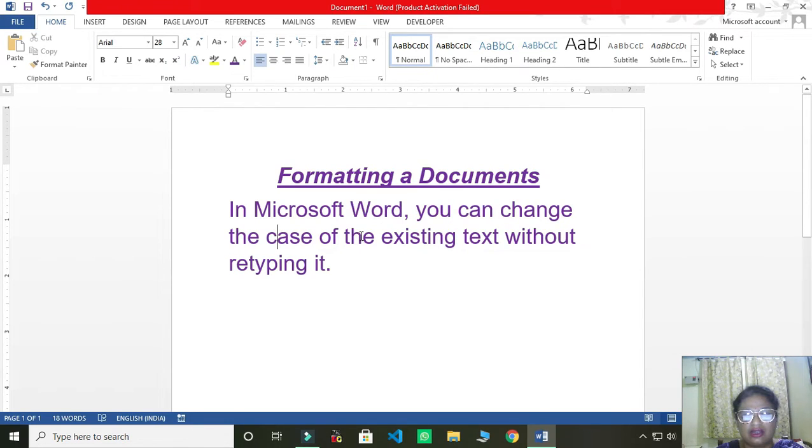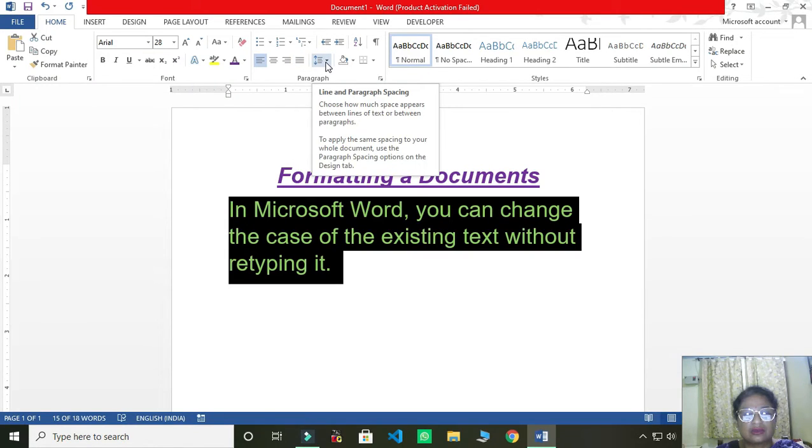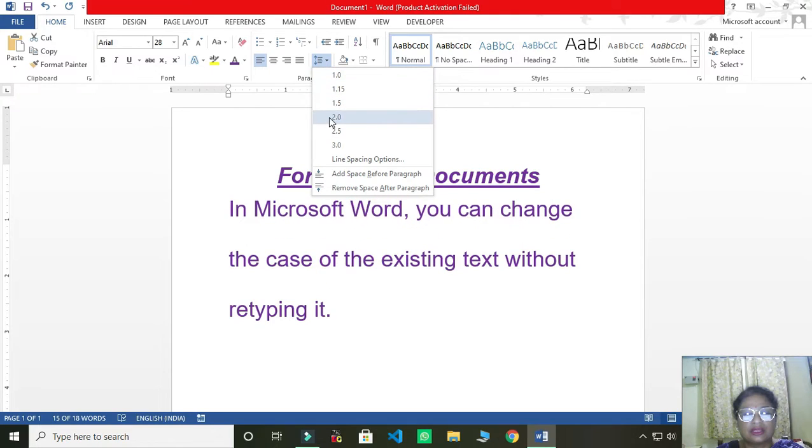So this vertical space is called line spacing. If you want to increase or decrease the line spacing, you can just select the text and go to Home tab, Paragraph group, and click on this option, Line and Paragraph Spacing, and choose from here.